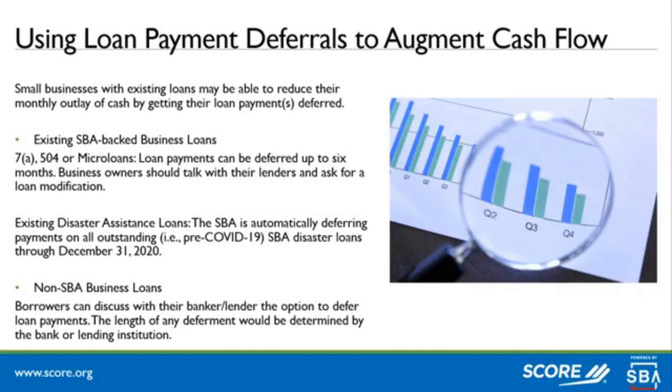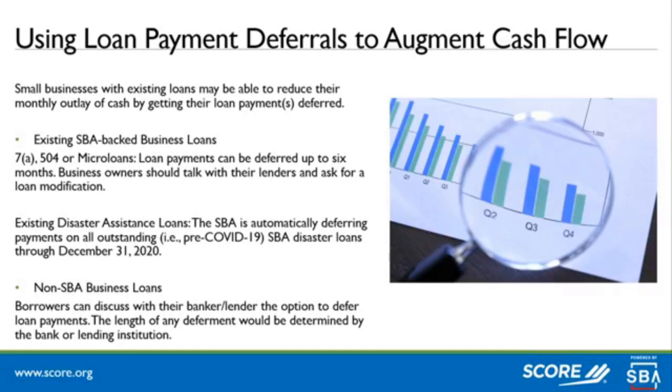A 504 SBA-backed loan is for equipment, product components, fixed assets that you're going to use for an expansion of your business or modernization of your facility. And a microloan is a loan of last resort. If you've been turned down for a loan and can't get it somewhere else, you can get up to $50,000 under a microloan program through either Bankable here in Indiana, at bankable.org that I told you about earlier, or the Business Ownership Initiative out of Indianapolis, which is a part of the Greater Indianapolis Chamber of Commerce.